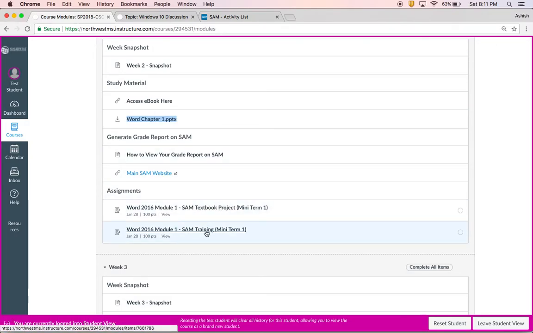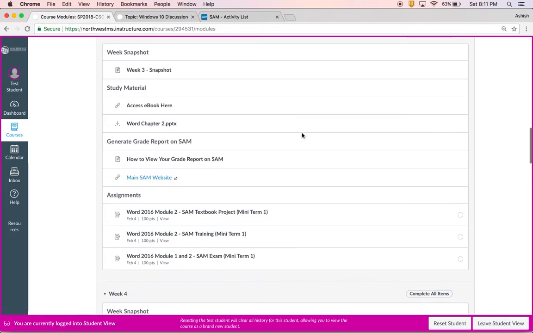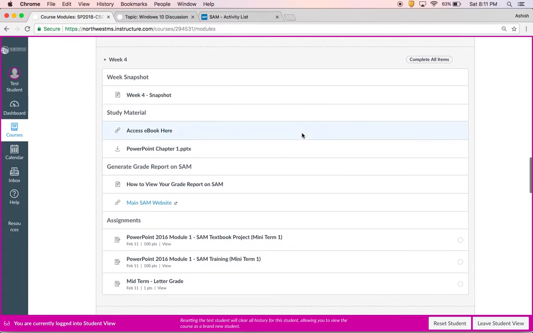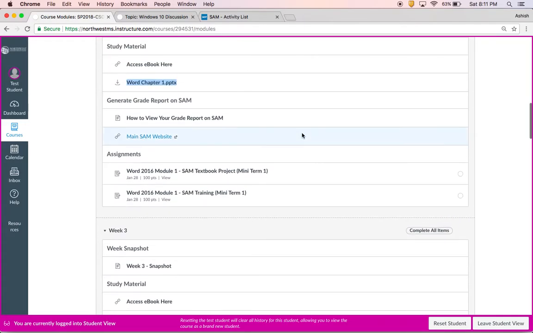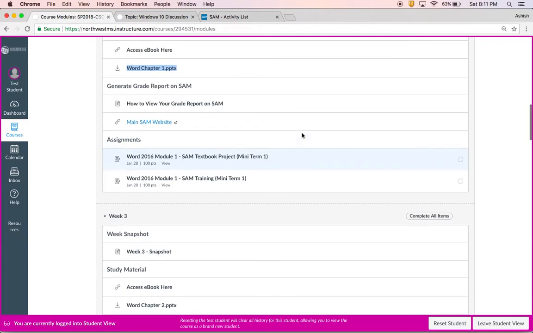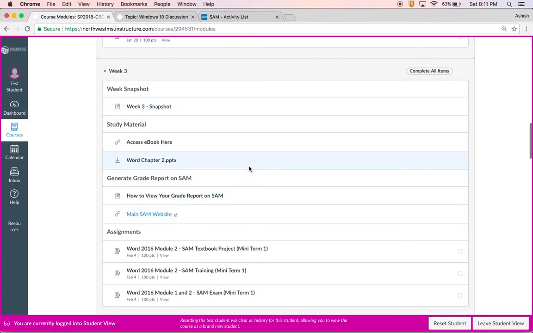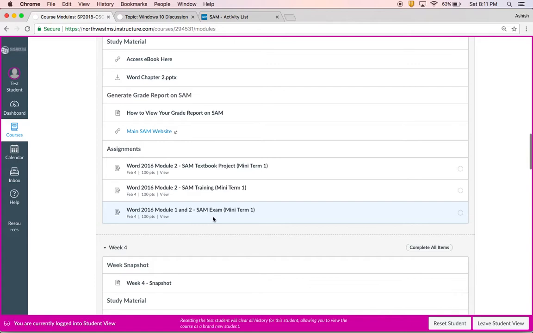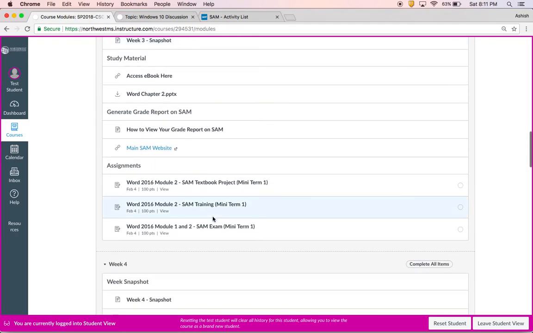You will have a SAM training, which will have 20 or 30 questions that you need to do. And the same thing follows along for every subsequent module. When you have done Word Module 1, the next is Word Module 2. In Word Module 2, which is going to be week 3, you have a SAM textbook project.